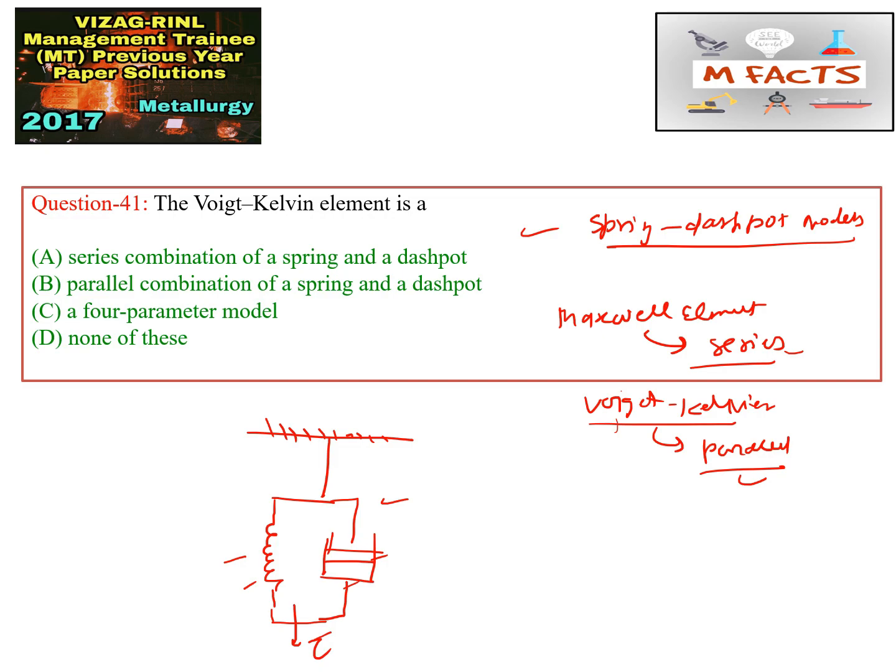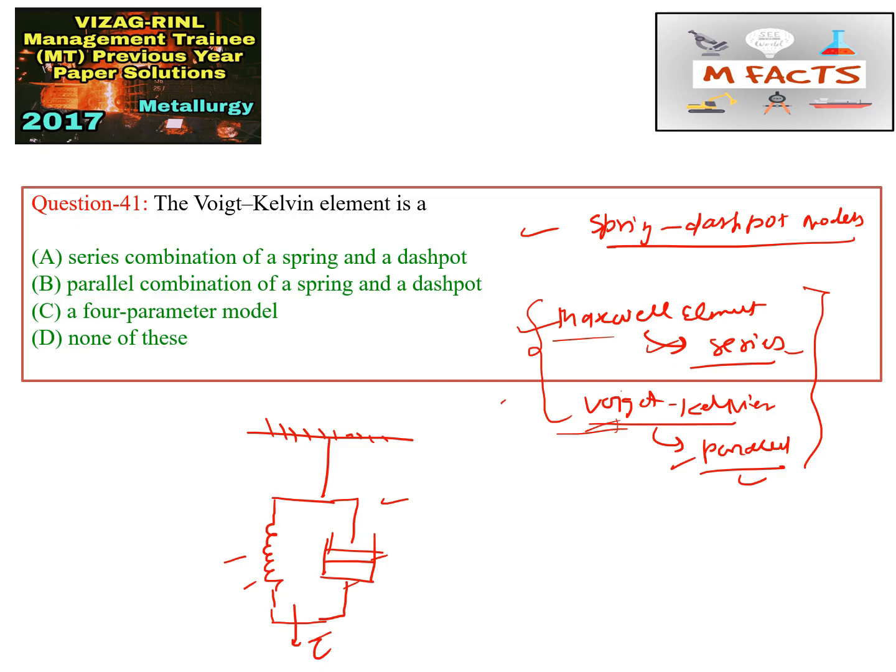One of the spring-dashpot models is the combination of the Maxwell element and the Voigt-Kelvin element. That is also known as the combination of Maxwell and Voigt-Kelvin element. From here we can conclude that the Maxwell element uses the spring and dashpot in series form, and the Voigt-Kelvin uses the spring and dashpot models in